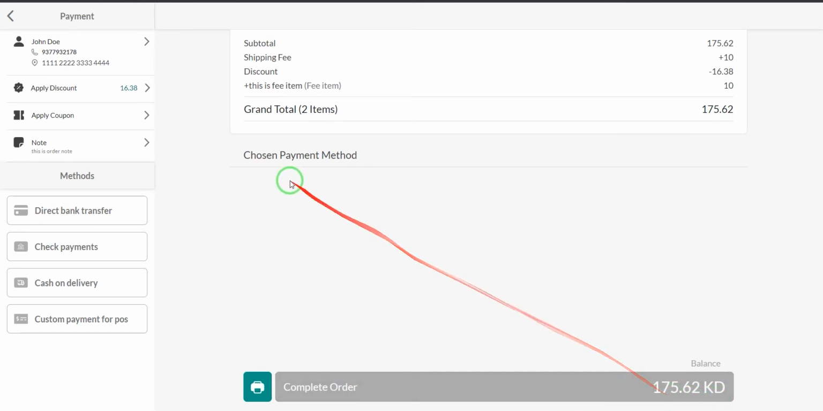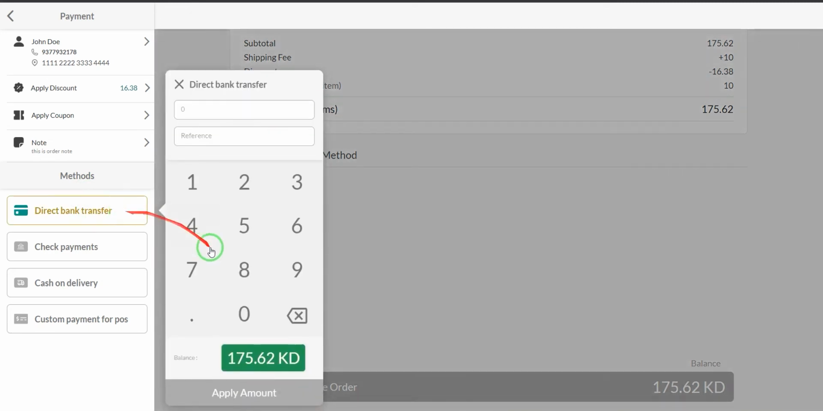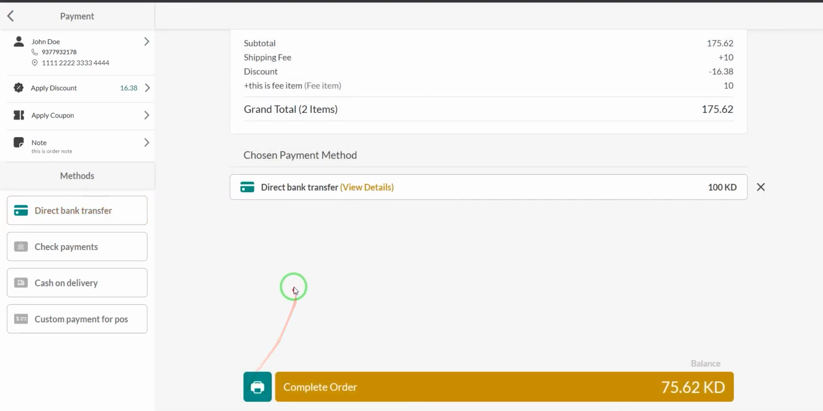Okay, now let's add the payment. We have a subtotal here, as you can see, and shipping fees and discounts. And the grand total. So this grand total is the amount we have to pay. So direct bank transfer, we add 100. And if necessary, we can also add the reference. We apply the amount. As you can see, we have 100 KD paid